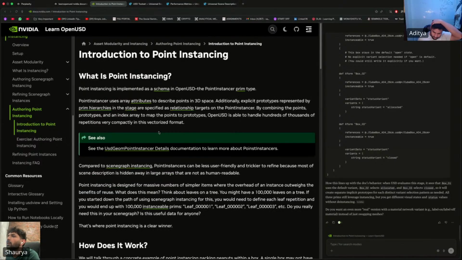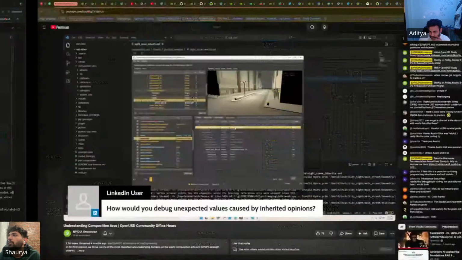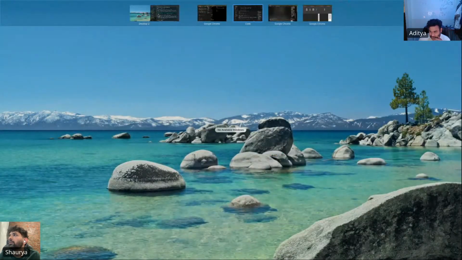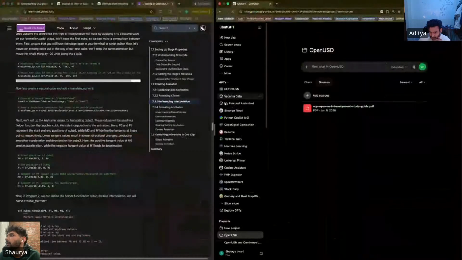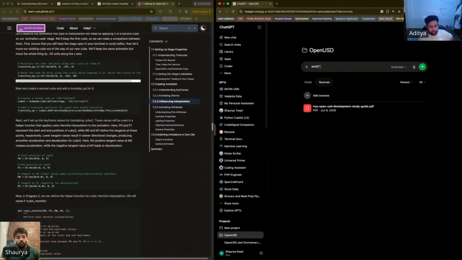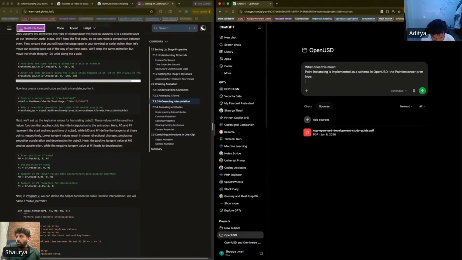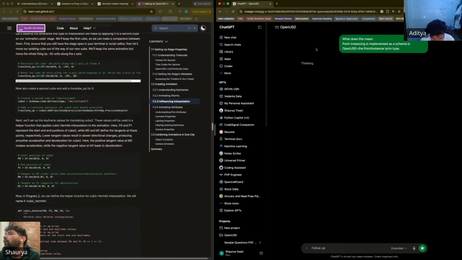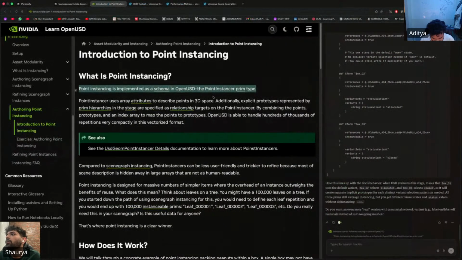Introduction to point instancing. What is point instancing? Point instancing is implemented as a schema in OpenUSD, the point instancer prim type. What does this mean? As a schema. Okay. Point instancer